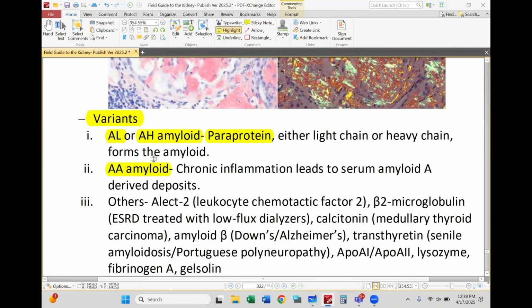So if that immunoglobulin has a tendency to create beta pleated sheets because of its unique protein conformation, or its amino acid chain, then it will form beta pleated sheets and amyloidosis. It will not form a cast nephropathy, or it may form a light chain deposition disease. So there are properties that are unique to this very